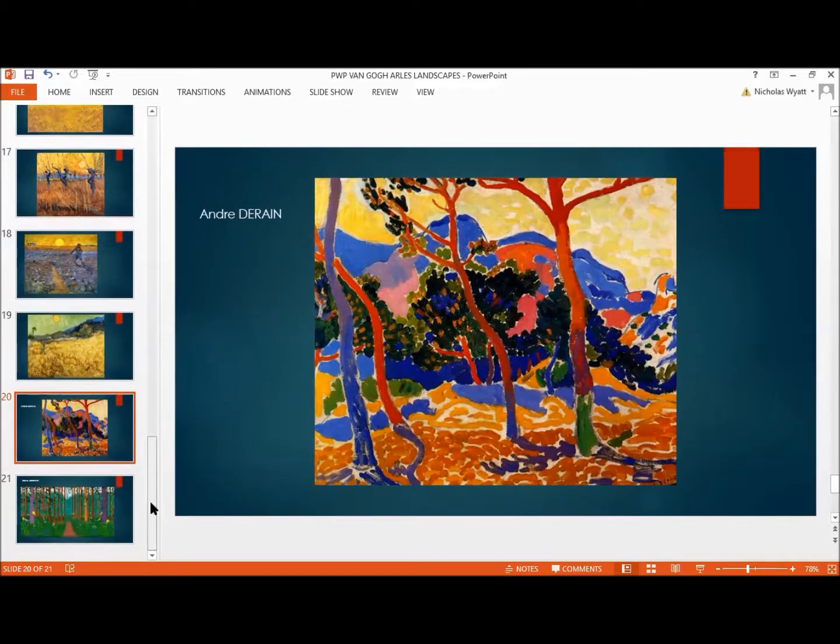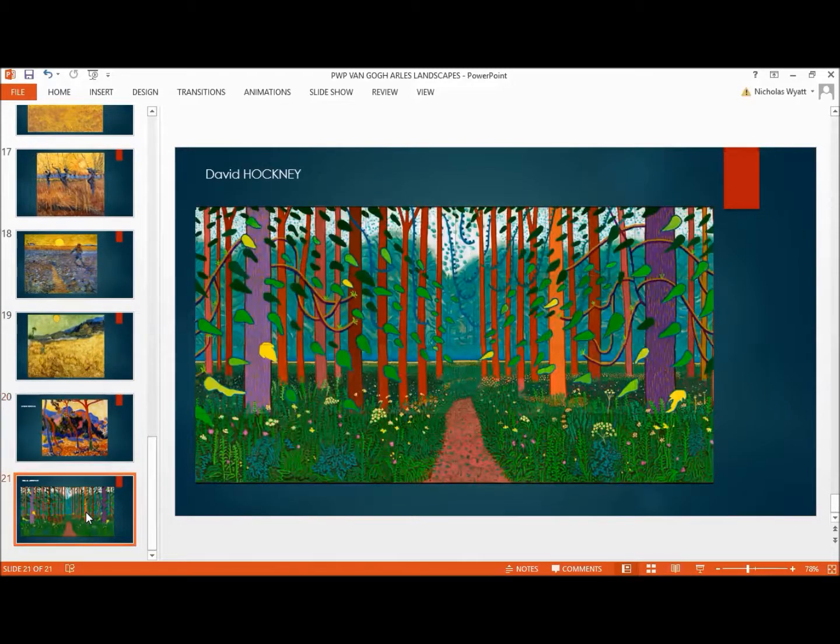And Van Gogh's influence continues even up to the present day, and in our very own David Hockney, whose work here you can see very great acknowledgement of Van Gogh in David Hockney's graphic paintings, very rich graphic paintings, again drawing on ideas of uniting colour with draftsmanship. So in summary,